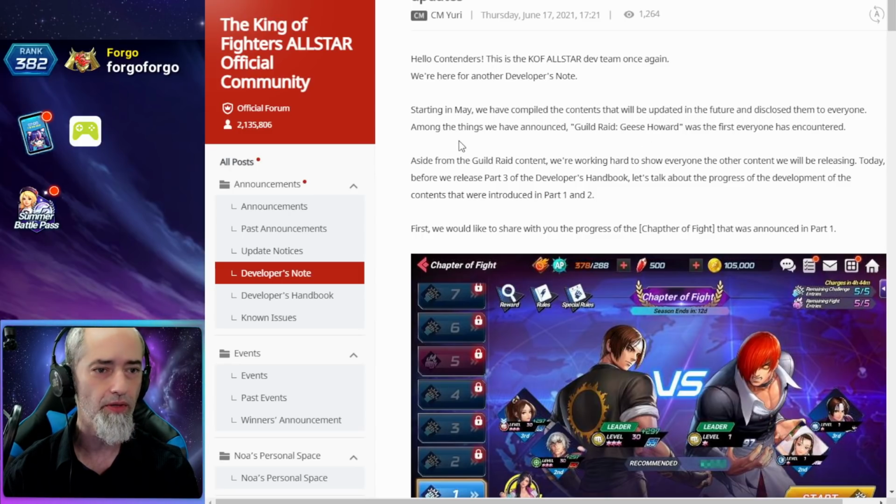to everyone. Among the things we have announced, Guild Raid Geese Howard was the first everyone has encountered, which I really like. Geese Howard, I think it's pretty cool. It's similar to Omega, but it is different. And it's definitely a lot harder, especially when you get the expert lunatic, at least in my opinion. And then starting in May,